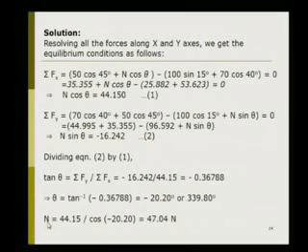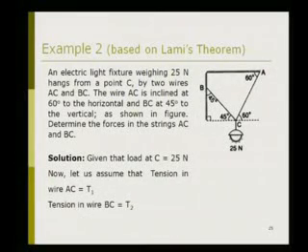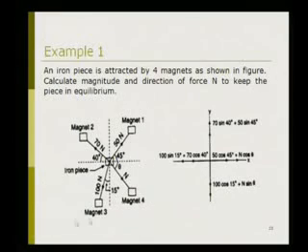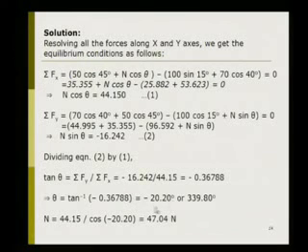So we can substitute the value of theta in either equation number 1 or equation number 2, and we will get the n value. Let us substitute 20.2 negative, and the answer is 47.04 Newton. So this n force is the magnitude of this force, and theta is this 20.20 or 339.80.